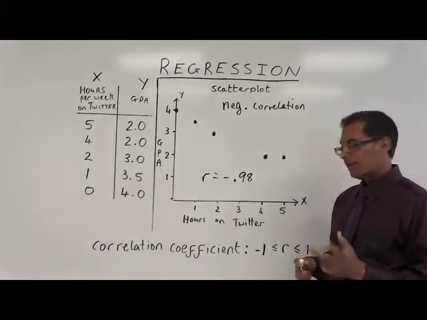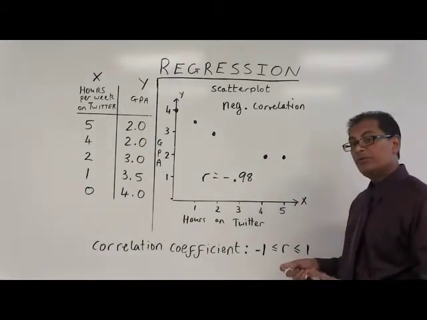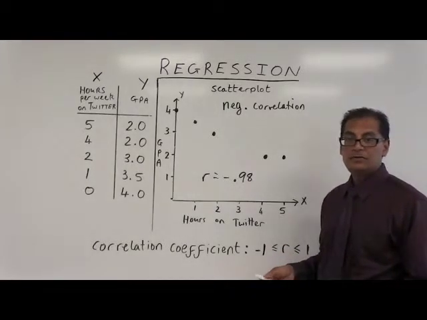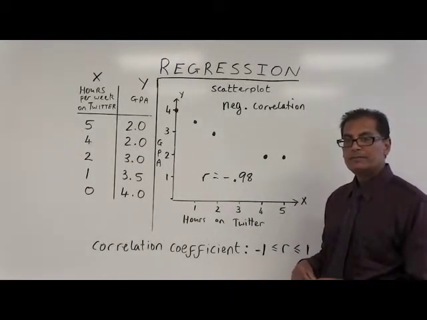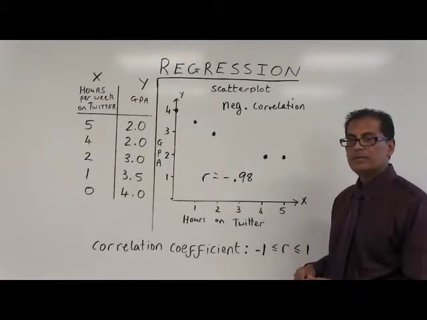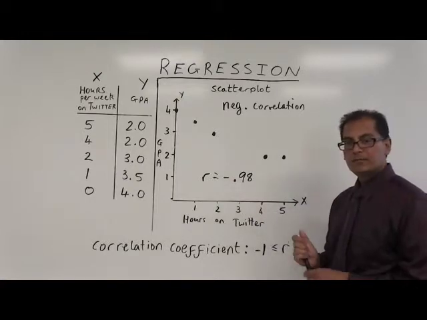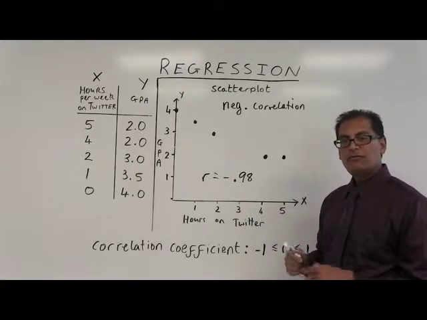Alright? By the way, I forgot to mention, if R is close to 0, it means there's no real linear correlation between these two variables. So that's also possible. Now, once we get the correlation coefficient, which we have, -0.98, we also like to formalize